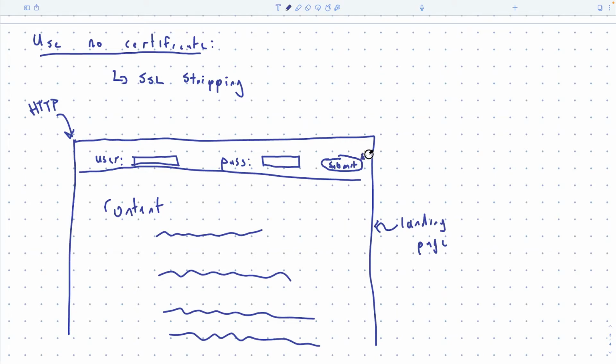So the submit button goes over HTTPS, basically because there's a URL inside this post message that says post to this URL, and it can be whatever, HTTPS secure.site.com or whatever the case may be.